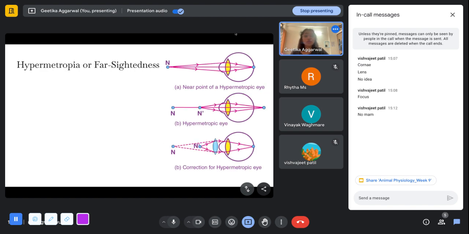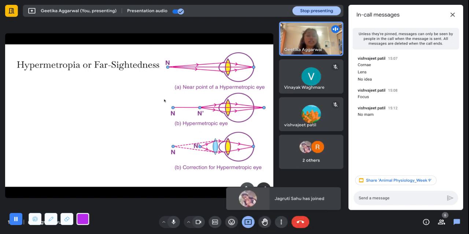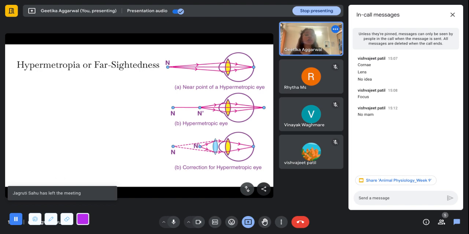So moving on to hypermetropia or farsightedness. So as is the case with myopia, you can see near objects clearly. But in hypermetropia, which mostly happens in older age, you can see far objects clearly, but close objects become blurred to you. And why that is happening is, for a normal eye, for a nearby object, the image is formed on the retina. But for a hypermetropic eye, for a nearby object, the image is formed behind the retina. It is not forming in front of the retina this time, but it is forming behind the retina. So, to correct this, we basically use these convex lenses, which actually make the rays refract towards each other, and that is how they make the image form closer and they make it form on the retina.